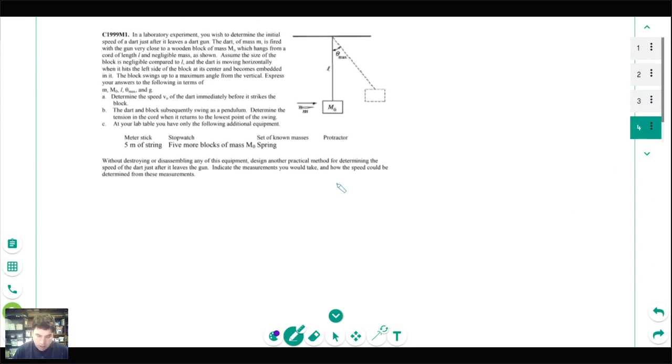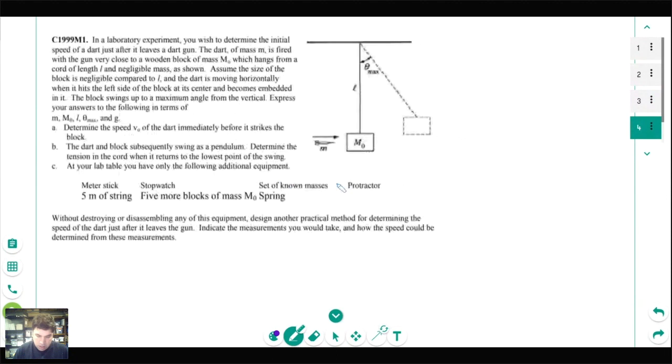This one bigger. All right, so this one is an experimental design question where we've got a dart going in there, and we're having a dart run into a pendulum, or a massive swing up like a pendulum. Okay, so we have a bunch to figure out. It looks like we got an experimental part of this too, which is good because we know there's probably going to be an experimental design question on the FRQ parts of this year's test. So extra practice doesn't hurt there either.